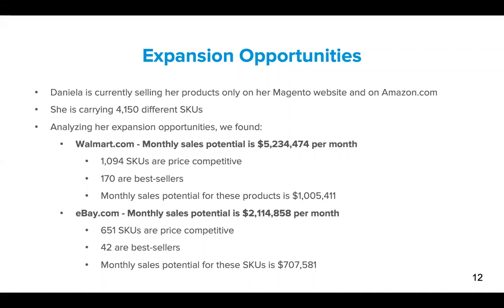Again, doing the same drill on eBay.com, the monthly sales potential for all of the products is over $2 million. Out of these 4,000 SKUs, 651 are price competitive on eBay, 42 are best sellers, and the monthly sales volume for these 42 products is a little bit over $700,000 a month. So again, very actionable. All you need to do is create 42 listings on eBay,